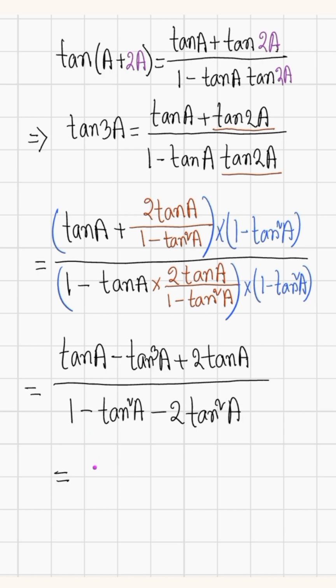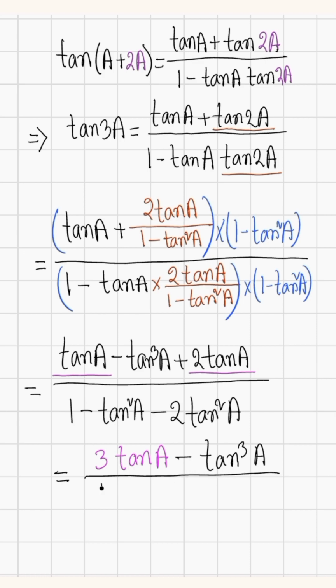equals to tan A plus 2 tan A হচ্ছে 3 tan A minus tan cube A divided by 1 minus tan square A minus 2 tan square A হচ্ছে minus 3 tan square A।